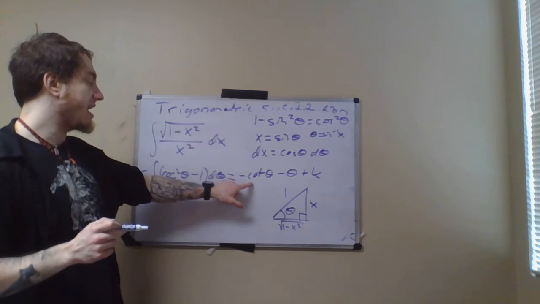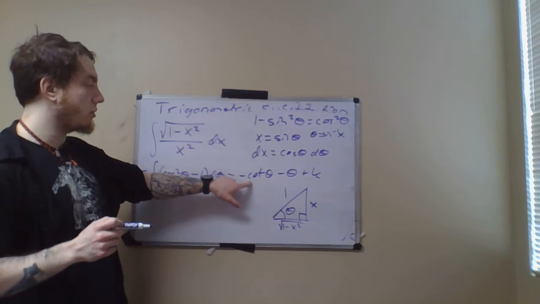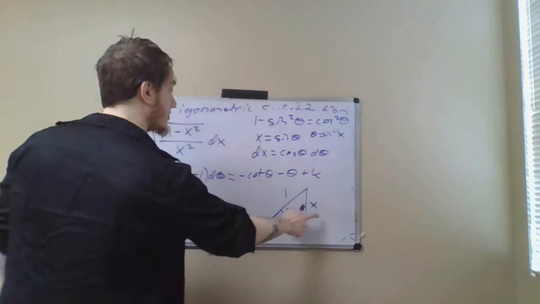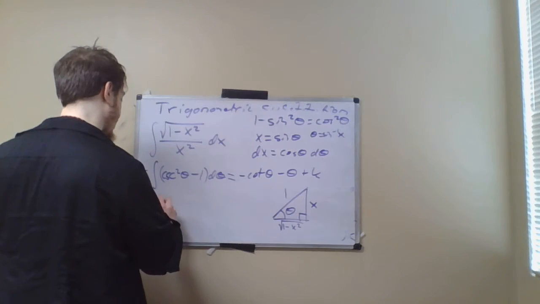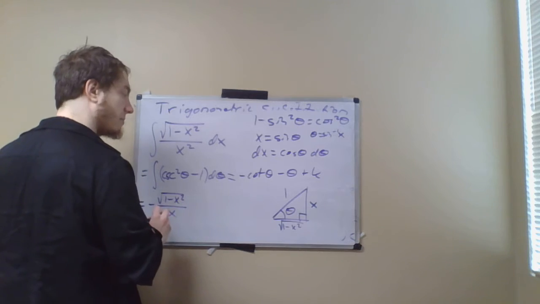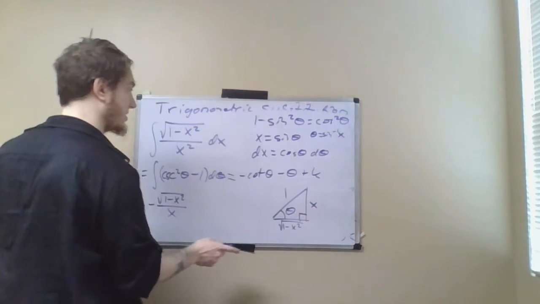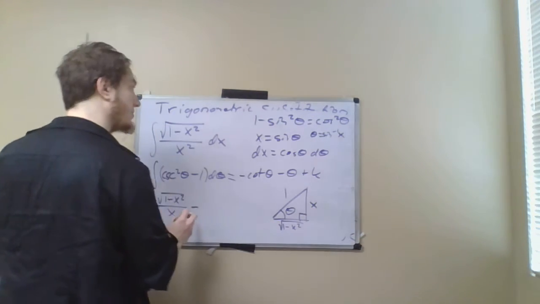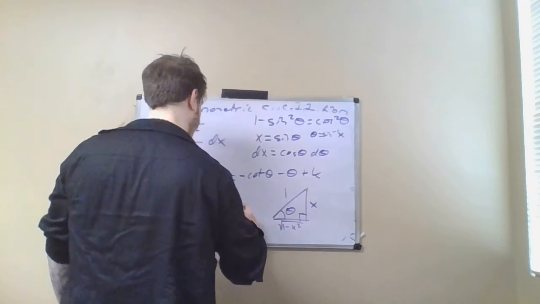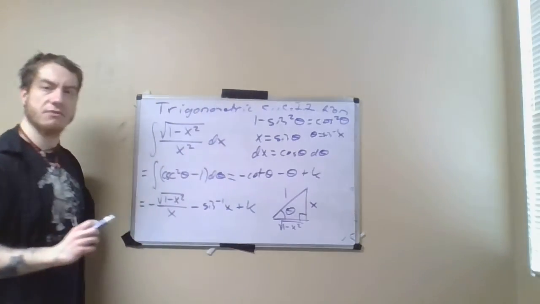So what we can say then is that this is negative cotangent theta, but the cotangent is the adjacent over the opposite. So this is negative square root of 1 minus x squared divided by x, because that's the opposite side. And then we have to subtract sine inverse of x, and we add on our constant of integration,